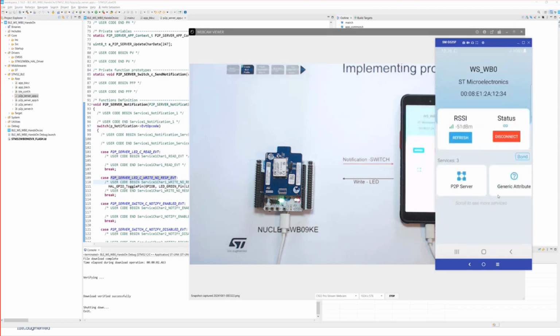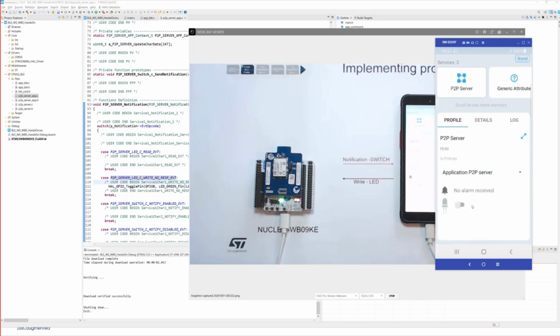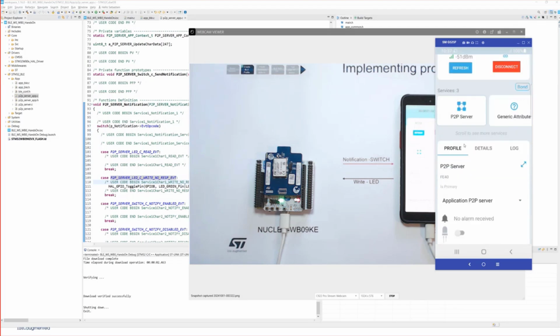Here I have 3 services: 2 generic services that are hidden on iOS but visible on Android. Whatever, we have this service, the peer-to-peer server. So I will open the peer-to-peer server here. It has a specific icon for LED, button, and so on.